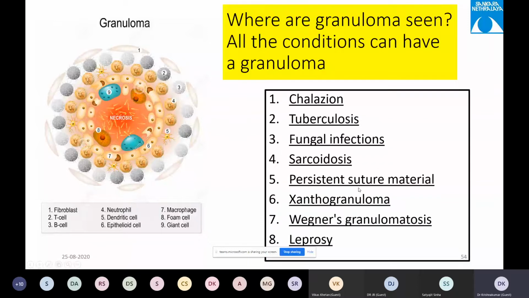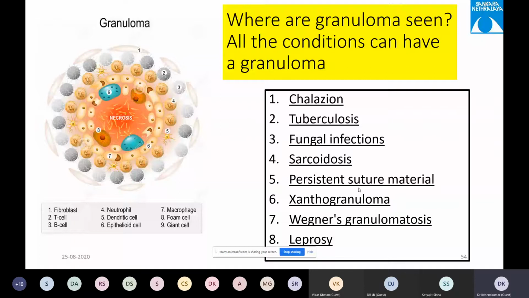So whenever you see granuloma, it is a reaction pattern. As a pathologist, we have to know what is the problem. We have to clinically correlate, do special stains, or investigate like PCR, or do biochemical tests like ANCA, or stains for leprosy to know what is the clinical situation. For example,